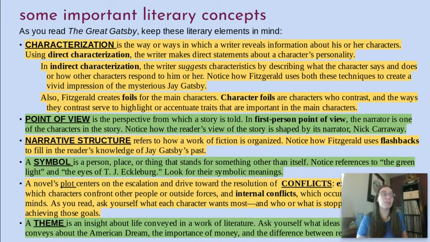And remember, when we did Somebody Wanted But So, it was for a theme analysis activity. So the theme is the insight about life that is conveyed in the work of literature. And I want you to think about the themes you find here. Now remember, theme is not a one-word thing. Theme is a complete sentence. It's the so what and why do I care about that one word thing. So I'm going to challenge you to think about the American dream. So what about the American dream? Why do I care about the American dream? But also the importance of money and the differences between reality and perception and everything else that's addressed in this text. And then, of course, theme is sometimes open to interpretation. So what theme do you find based on your life experiences?